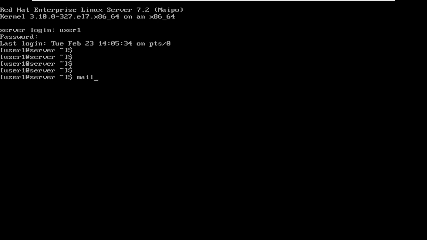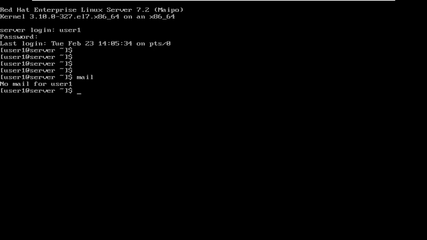So mostly it is installed, and if it is not installed, then you should install the package named mail. It is a command line mail client to send or receive mail from the command line. It is a very basic tool.